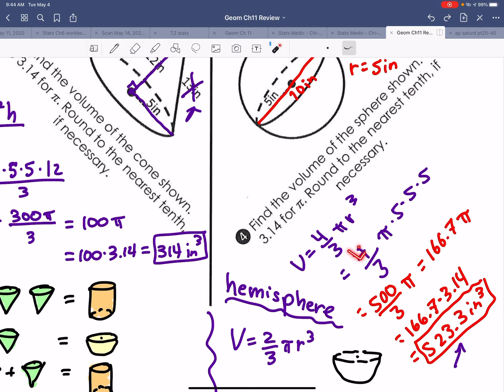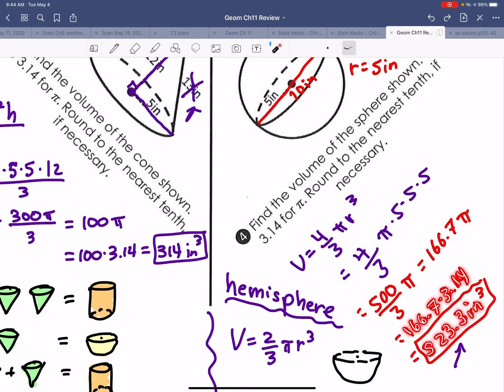So 4 times 5 times 5 times 5 is 500, and then you divide by 3 pi. They could also ask you to go ahead and divide 500 by 3, so that'd be 166.7 pi. Here they've asked us to go all the way and multiply that through, so 166.7 times 3.14 is